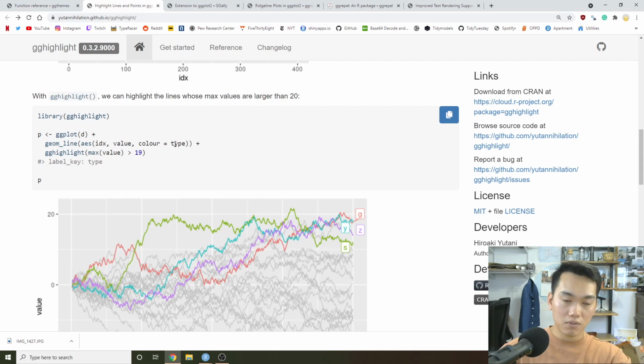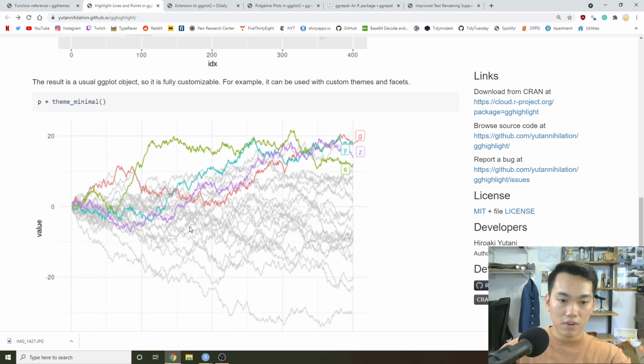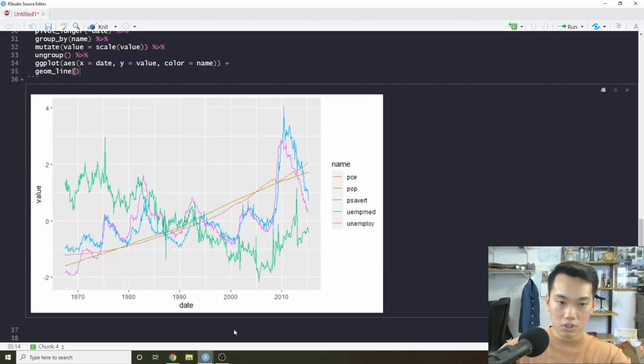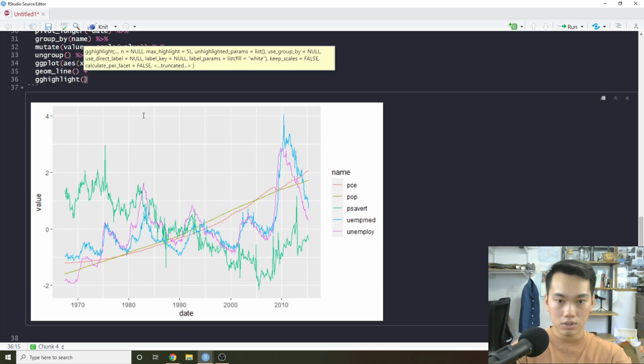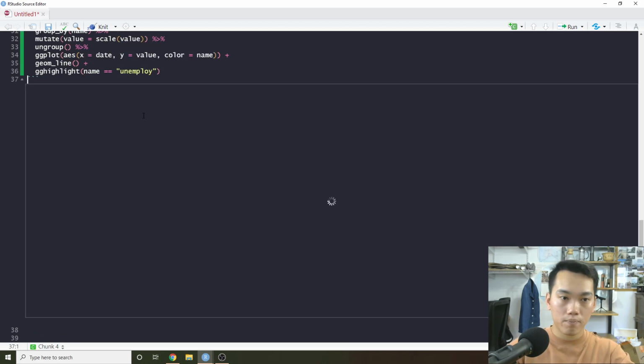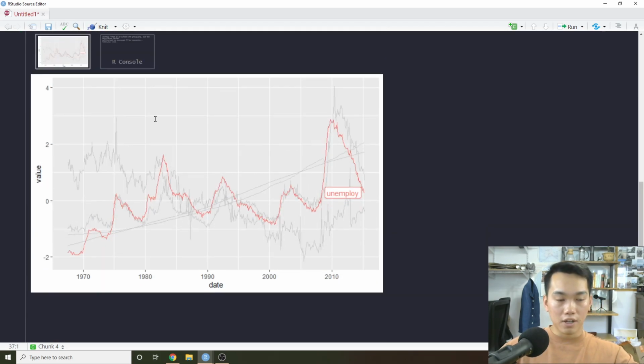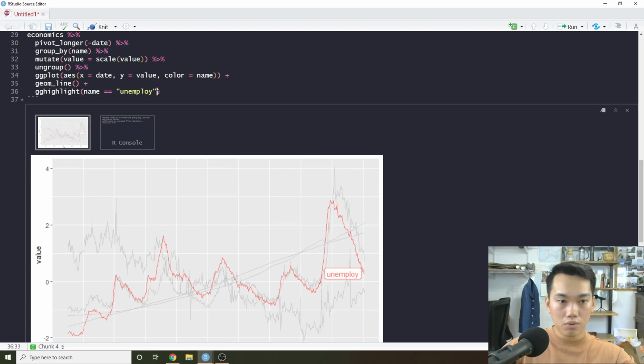So in this case, we can filter in, give it a list of values for the name. So let's go to that. We'll say plus ggHighlight. We'll say name is equal to, I don't know, unemployed. Right. So then it kind of grays everything out, and then it colors the thing you want to do. I wonder if you can do